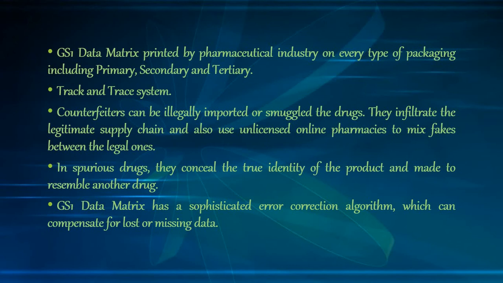So the regulatory bodies drive the implementation of the GS1 data matrix for the fight against spurious and counterfeit healthcare products, and for better control of the supply chain from the point of manufacture to the point of administration. The GS1 QR code is at this time primarily found on different types of packaging as the link to marketing information about a product, used by many pharmaceutical industries.